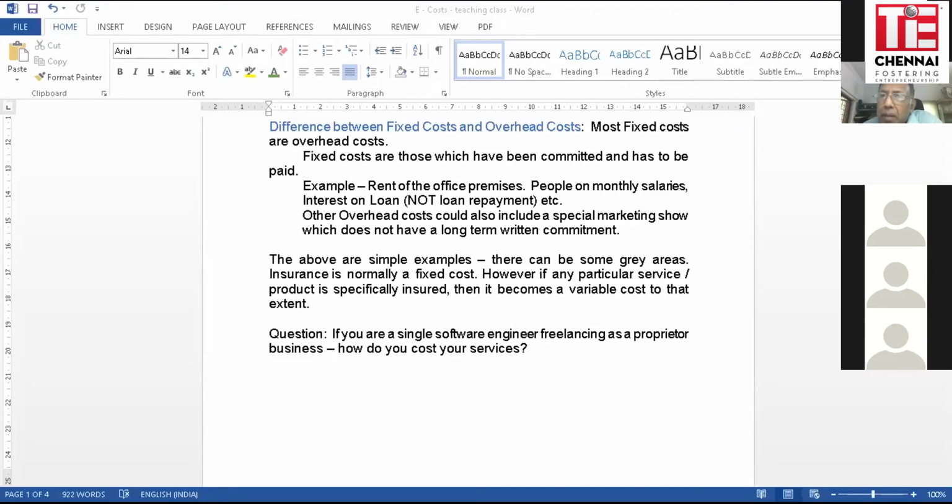Outsourced labor. Let's say you pay labor to do a particular job and you don't pay them when you don't do the job. That kind of thing is outsourced labor. Direct power are specific examples. External consultants for a job.